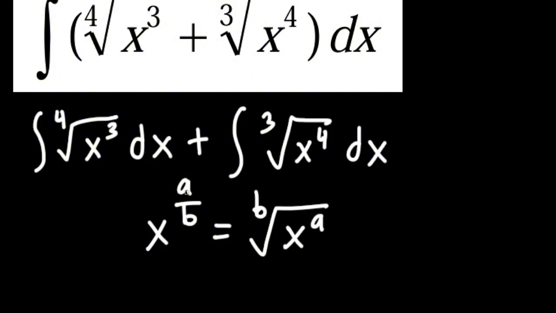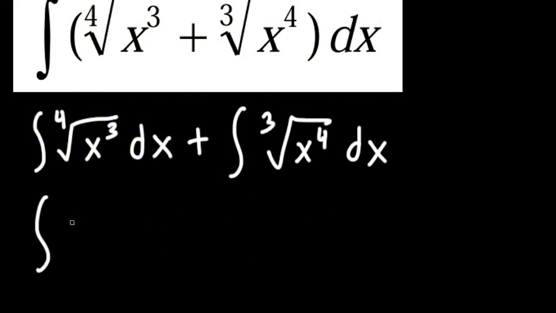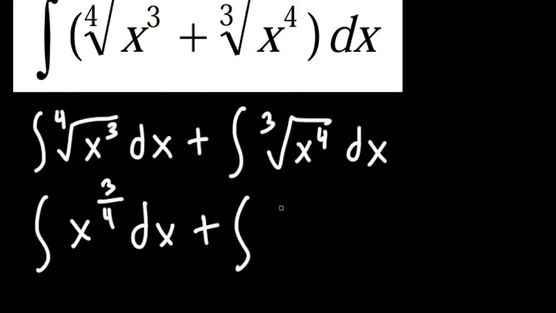In this case, a refers to 3 and b refers to 4. So we'll apply that: integral of x raised to 3 fourths dx plus integral of x raised to 4 over 3